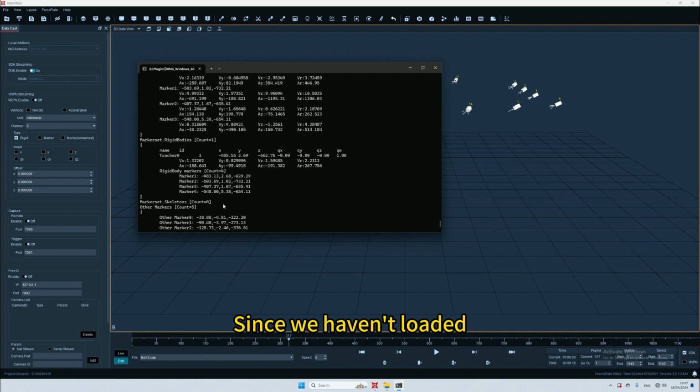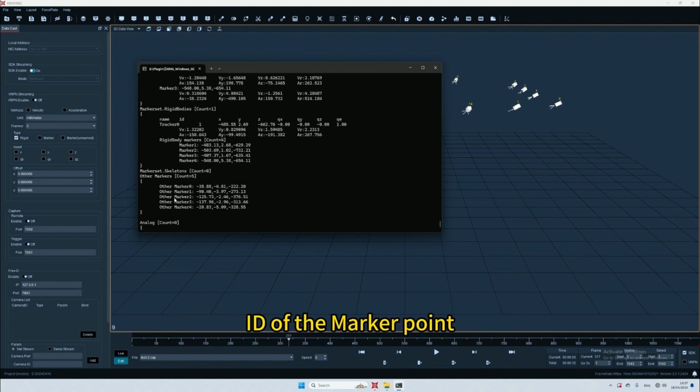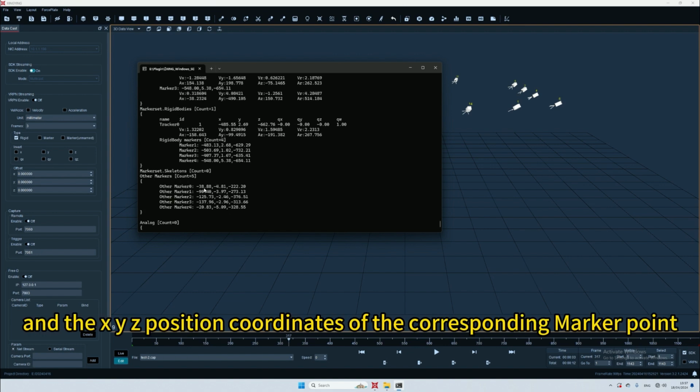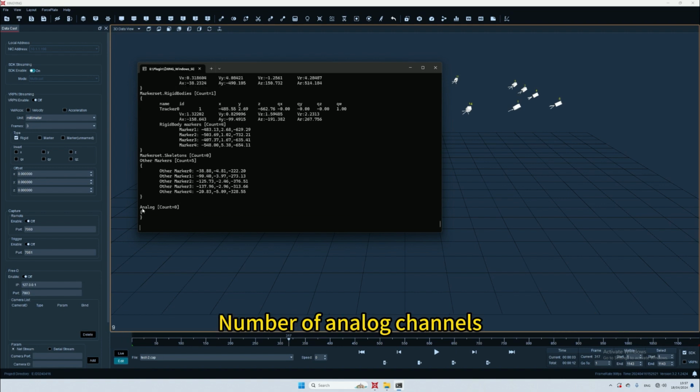As we haven't loaded any, it is 0. Count of unnamed marker points, ID of each marker point, X, Y, Z coordinates of each corresponding marker point, number of analog channels,